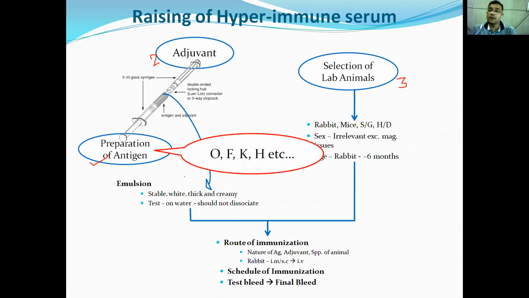Preparation of antigen we already covered in our last class: different types of antigen are present over the bacteria or inside the bacteria. There are different toxins. Even biotechnology-based synthesized peptides or recombinant protein can be used as antigen. So any molecule which is foreign and capable of eliciting an immune response can be used as an antigen. We have to keep in mind that the antigen must be pure, in its native form, and in sufficient quantity.